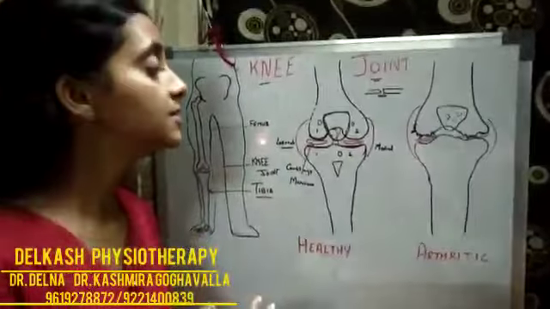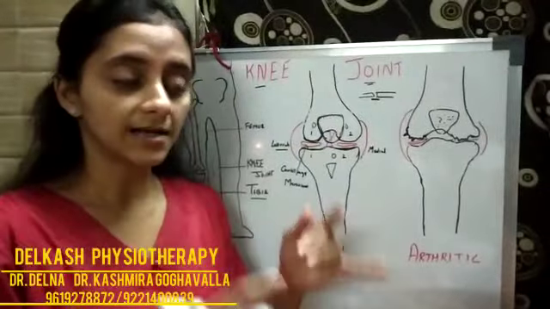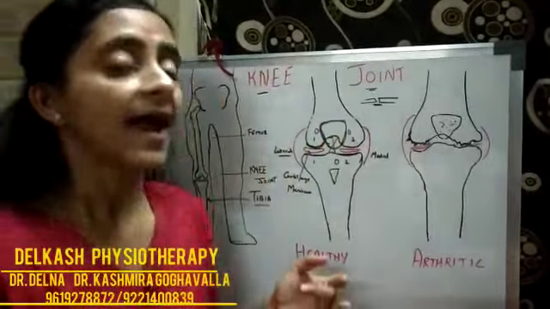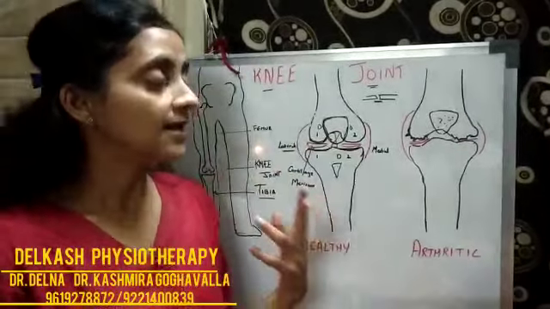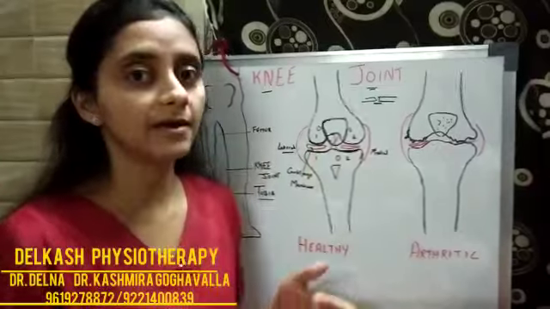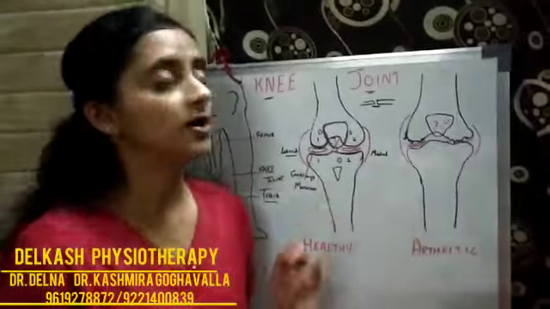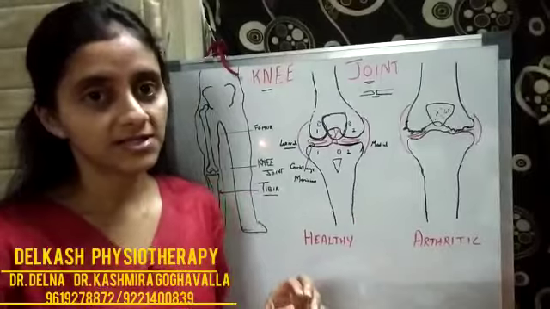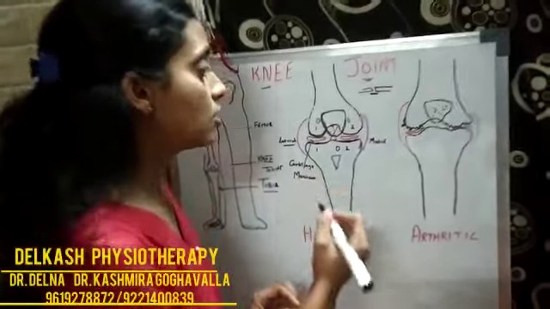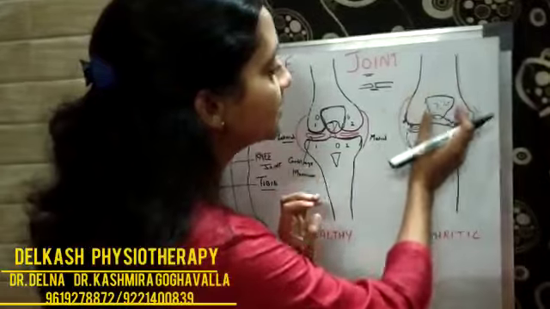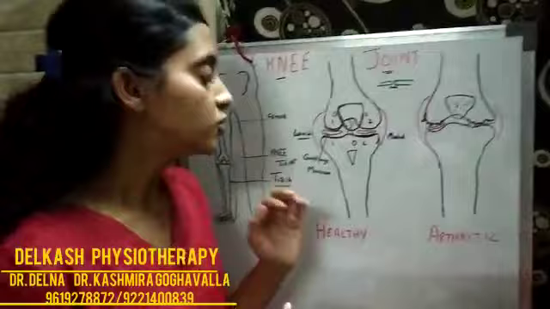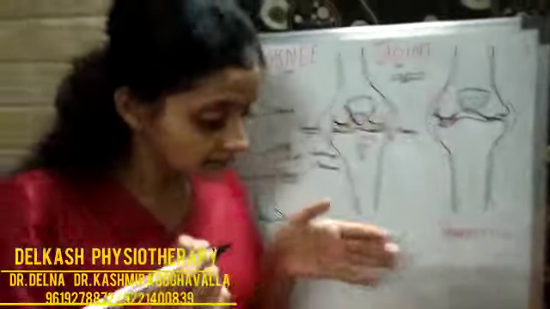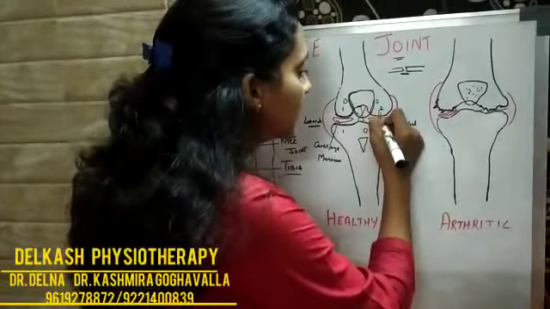Now in arthritis, as I had initially mentioned, your knee joint is subjected to weight bearing forces, that is your body weight passes through the knee joint, and secondly it is a very mobile joint. So taking care of these two functions of weight bearing along with mobility, the knee joint is put under a lot of stress in our day-to-day life, which sometimes causes uneven weight distribution between the two compartments. Most of the time the medial compartment, that is the inner compartment, has more weight passing through it.